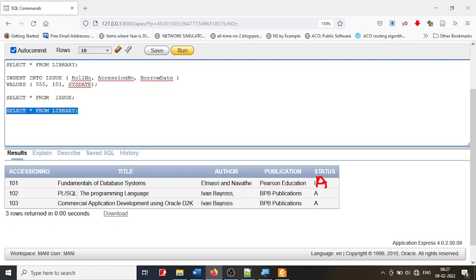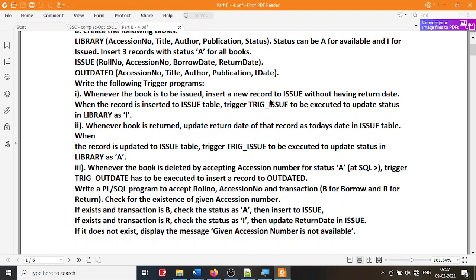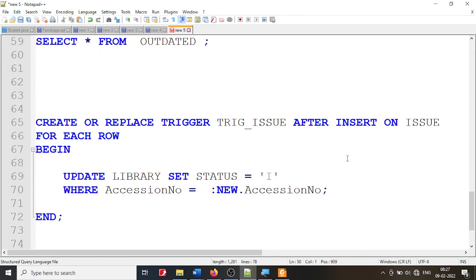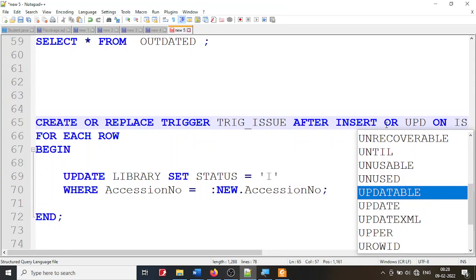It is no longer issued. So when the issue table gets updated, this has to be changed. So you're supposed to write a trigger for that. Unfortunately, the trigger is the same trigger. We have already created the trigger, and that is going to fire when the insertion occurs. Now I am going to say, even when the updation occurs, even when you are updating,